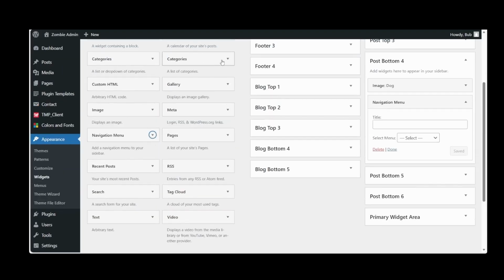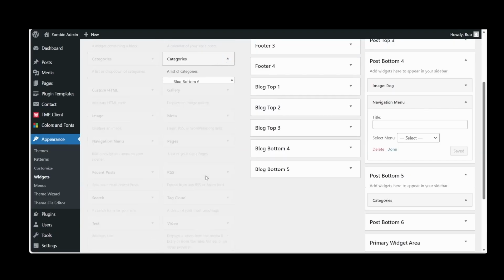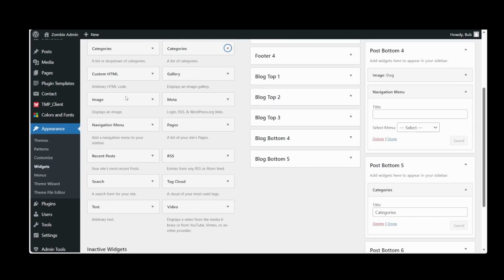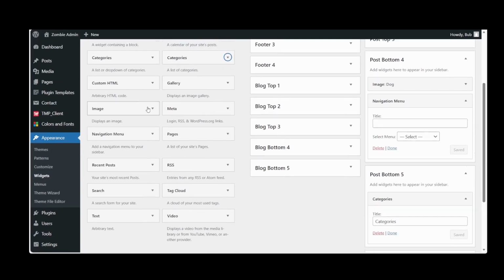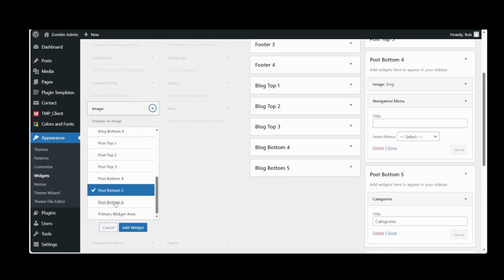Let's place in a category, post bottom 5, and let's place in image, post bottom 6.